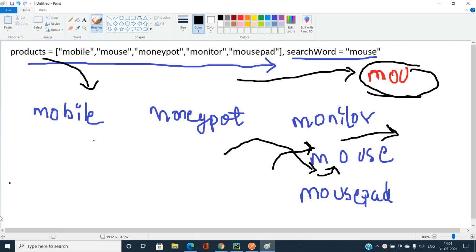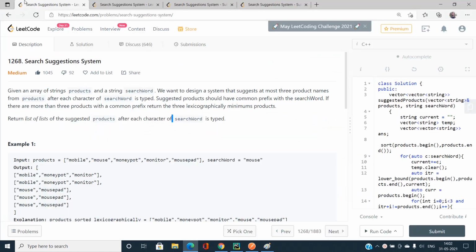Rather than iterating from the very beginning, take the lower bound, and it is guaranteed that all the strings to the right of the position pointed to by the iterator of this lower bound, including my current position, may have the prefix exactly equal to the MOU, and all the strings to the left of it are guaranteed to not contain the prefix exactly equal to my current string MOU. Okay, so the concept is very much clear. Now let's head over to the code to find out the implementation of this.